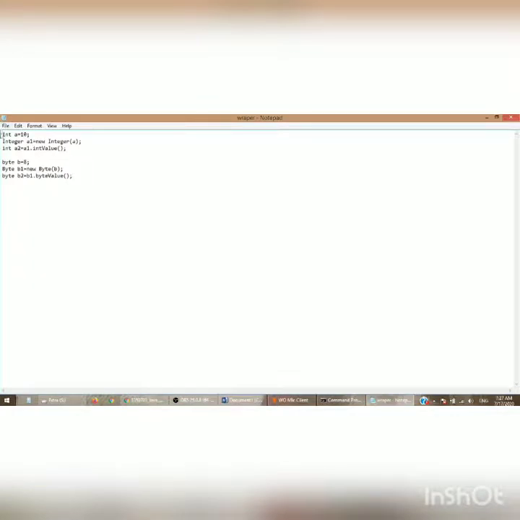Now let's create a wrapper class program using this syntax. See, I am giving the name of my class as Wrapper. Public class Wrapper.